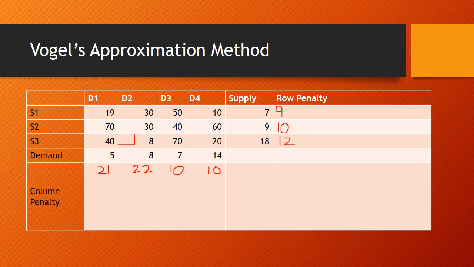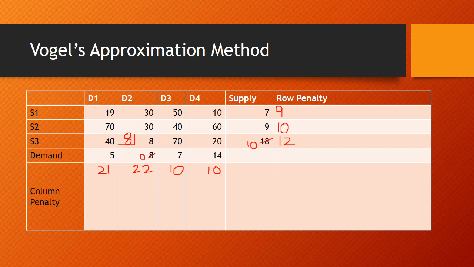Now in this cell the method of allocation is similar to what you used in the previous two methods, the northwest corner and least cost method. You will see that demand is 8 and supply is 18. The lesser of them, which is 8, will be allocated here like you were doing in previous questions. So 8 is allocated here. This demand has been met, so it came out to be 0 here. And this supply of 18 can now supply only 10, because 8 has already been supplied.